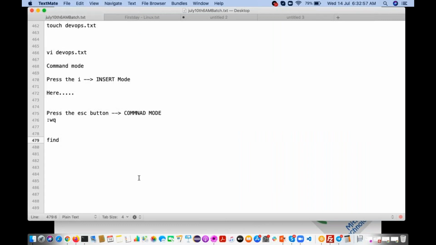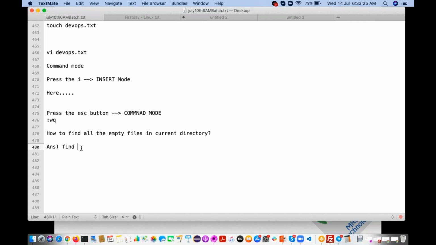So I have one important interview question: how to find all the empty files in the current directory? This is the question. The answer we already know.